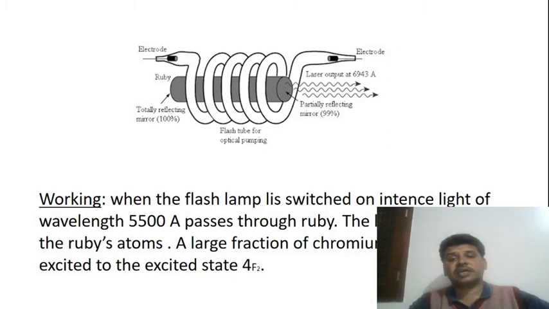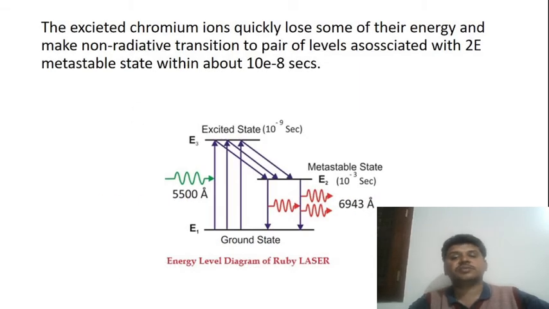After reaching a certain amount of intensity of light radiation, which we maintain at the partially silvered glass mirror, some part of the light radiation is transmitted through the partially silvered glass mirror. That released light radiation is what we call a laser. That is a monochromatic laser light, which we can observe here, that is 6943 angstroms. This 6943 angstroms is a single color monochromatic, directional, focusable radiation, which we call monocoherent electromagnetic radiation.